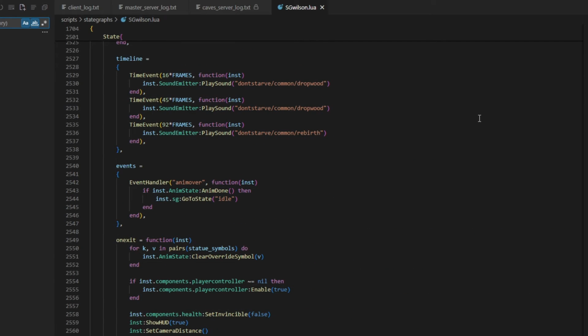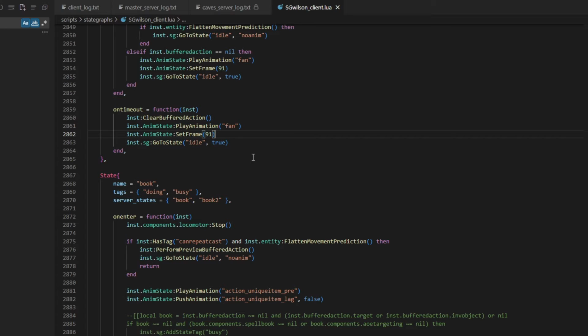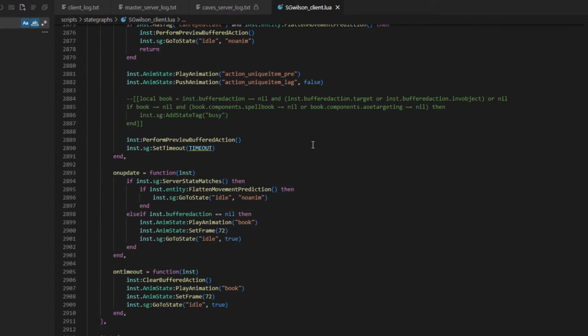The state still isn't perfect per se, but I'll leave some coding for you to figure out. Make sure to check out the sgwilson.lua and sgwilson_client.lua if you need some examples. And now we're gonna move on to